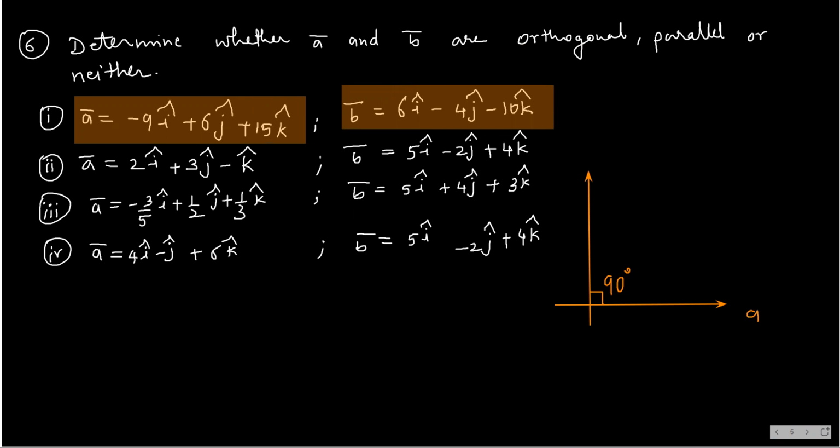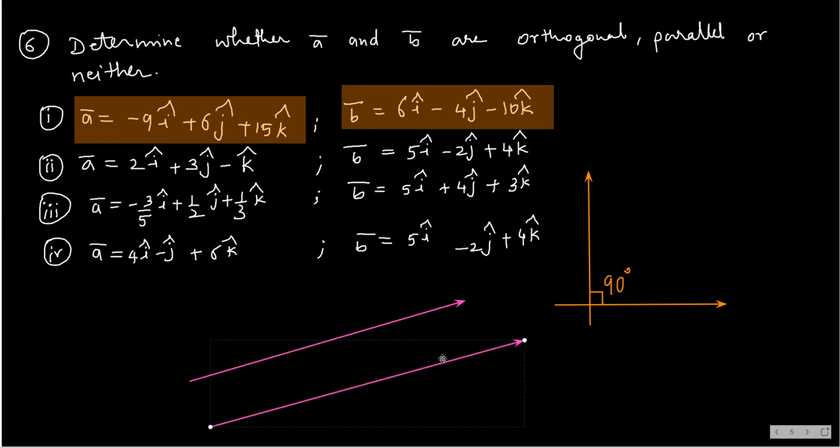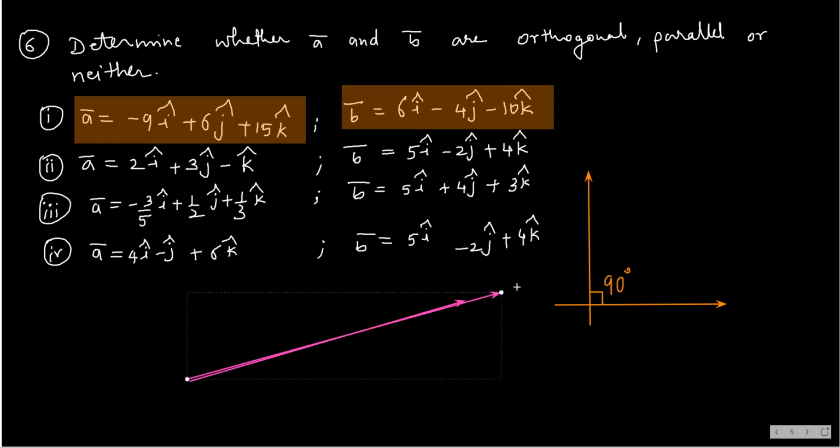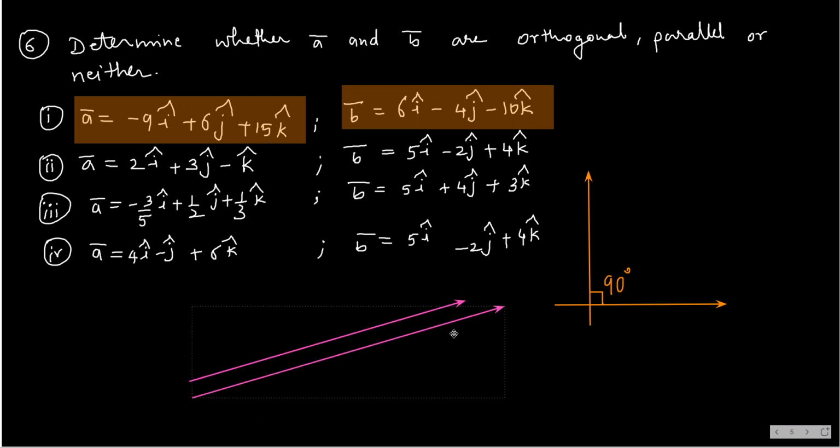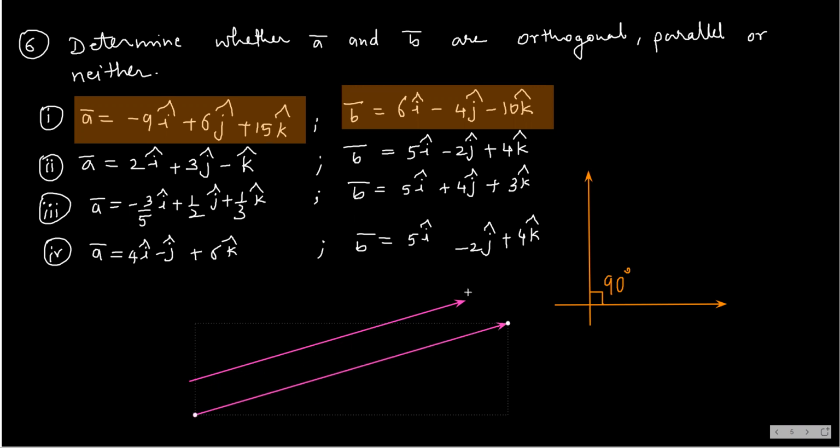This is another case. Now you understand the meaning of parallel vectors. See, these 2 vectors are parallel vectors. These are not parallel, but see, these are parallel. They will never intersect each other. If I shift parallel vectors, they will become coincident vectors. They become collinear vectors. See, they are one over the other. Now they are parallel.